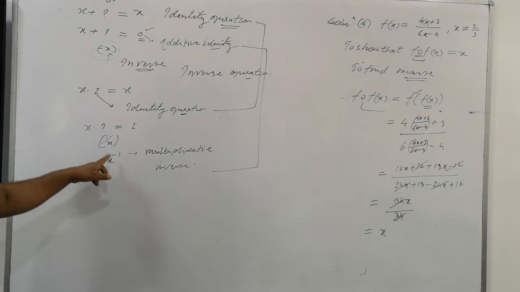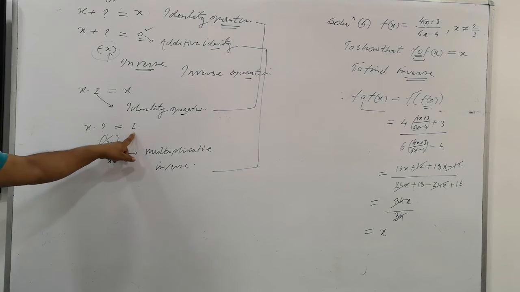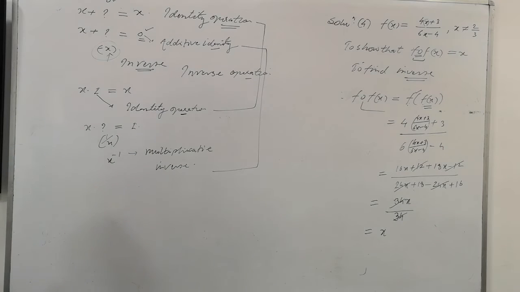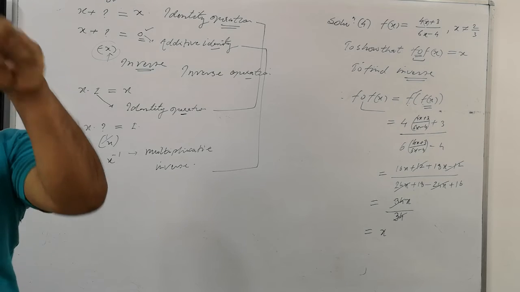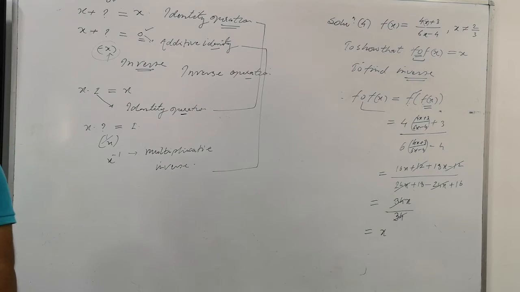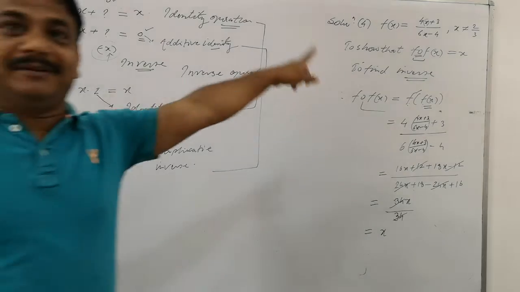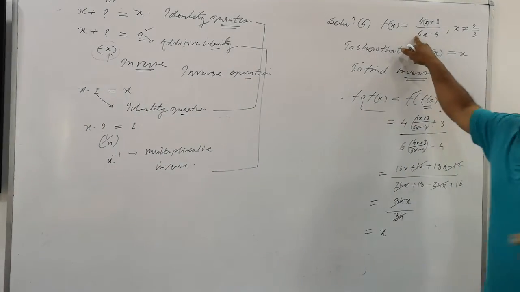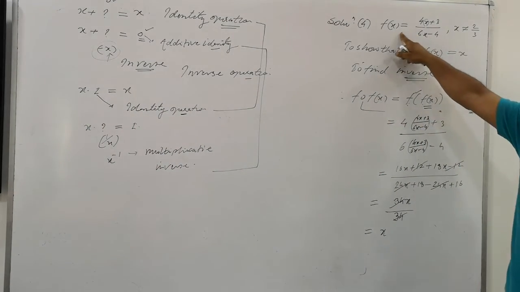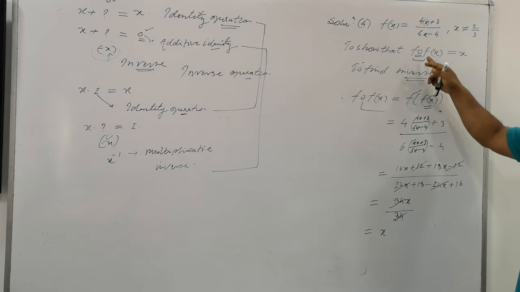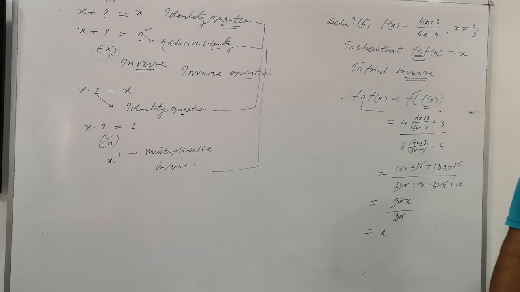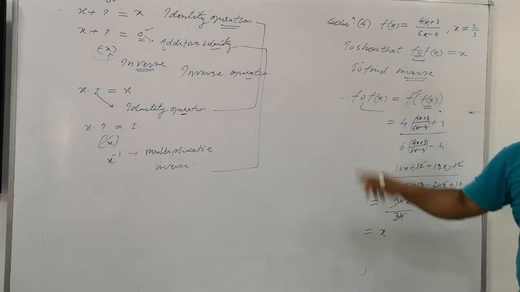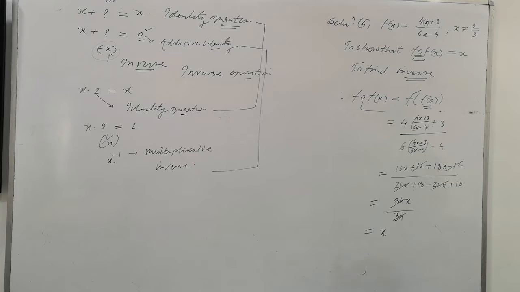Is that clear? If we apply the inverse operation, identity comes. If identity comes as the image of any function applied, it means the function you applied was the inverse. Please have a look. We have employed a function for x, and we have solved for the operation. And at the last, what is coming? The domain itself is coming. It means the second function which you have employed is its inverse operation. Is that clear or not?